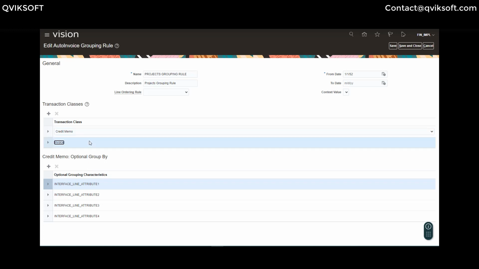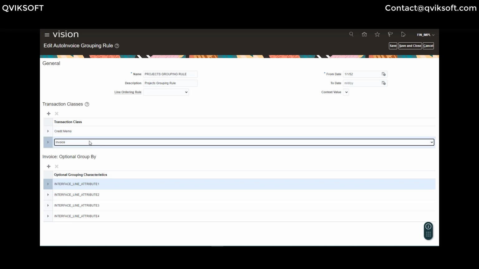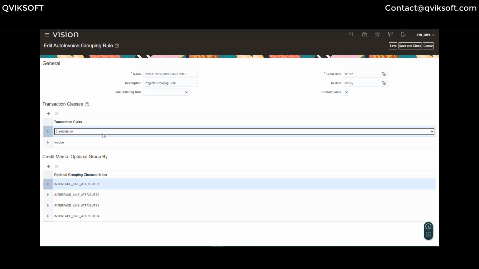And then for invoice, you can define this by transaction class. For invoice also it's the same. So it will add additional attributes as part of the grouping condition. If these attributes break multiple lines into multiple invoices, that is what's going to happen.